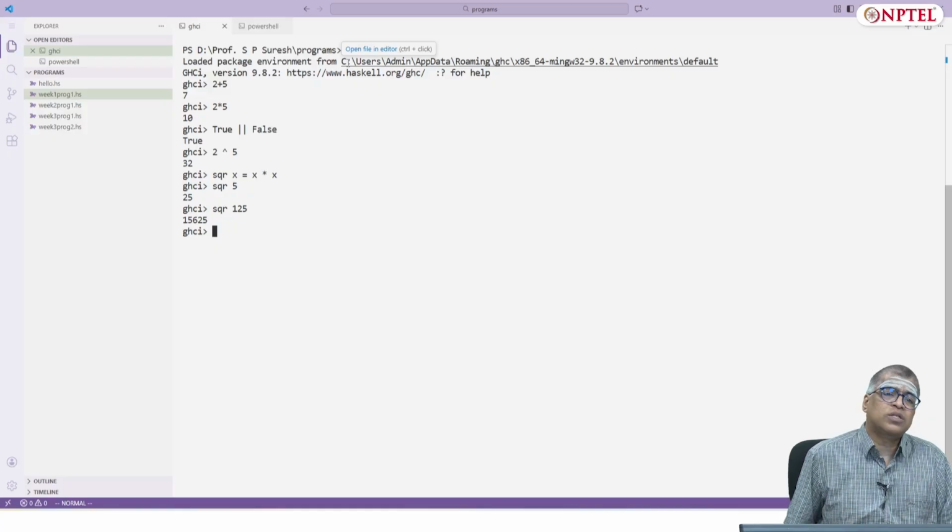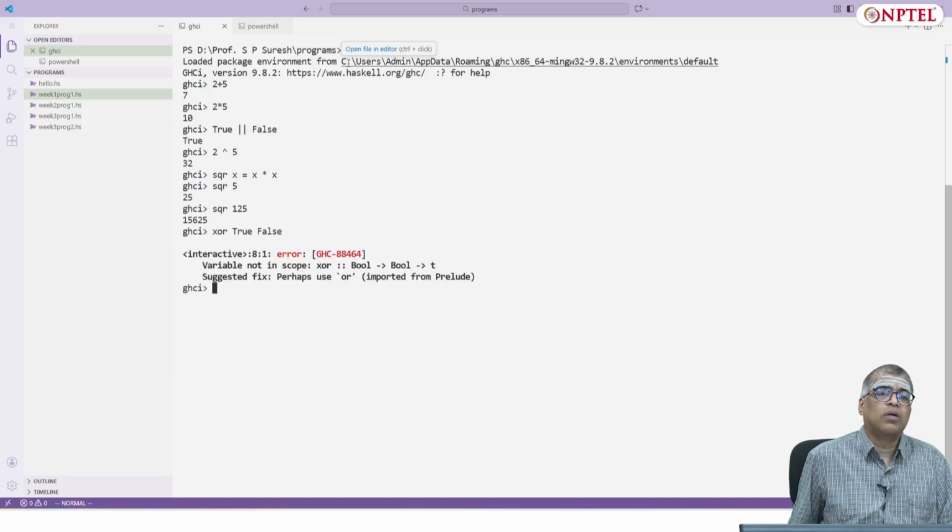Okay, and what else can you do? So you have booleans, true, false, etc. You can try to do XOR true, false. It will complain because it says there is no function XOR defined. Maybe you can define a function XOR here itself. XOR b1 b2 equals b1 not equal to b2. Let's just write that.